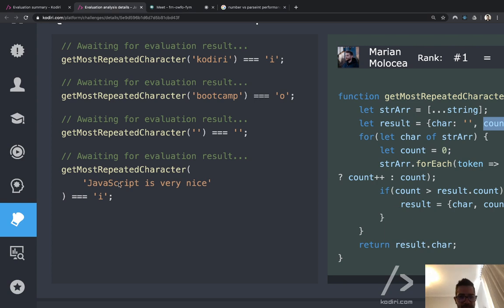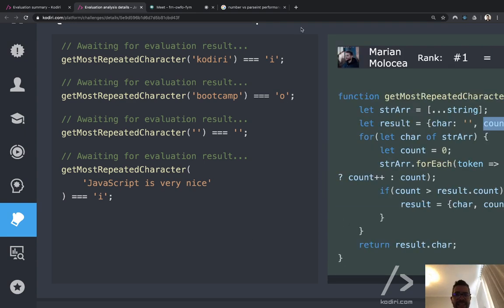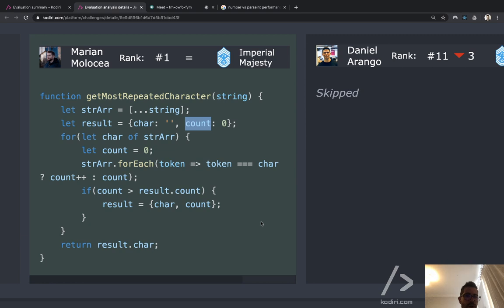But because the I is listed first, eventually it will be highlighted as the most popular one. So at some point the space will be 3 versus 3. 3 is not greater than 3, so the space won't override the I, right? That's the only thing. So you're right. To be fully precise, Ian, you should definitely ignore the spaces in a more explicit way somehow. Maybe an if-else somewhere inside of the for loop, something like that.